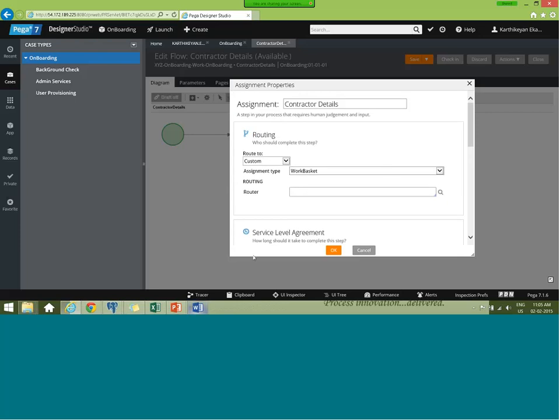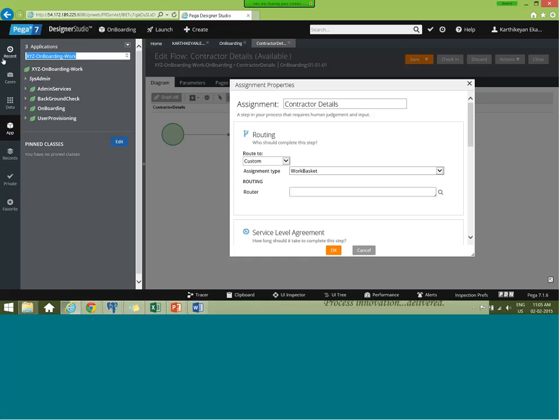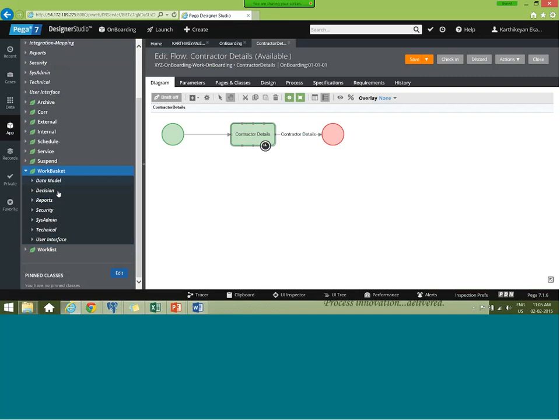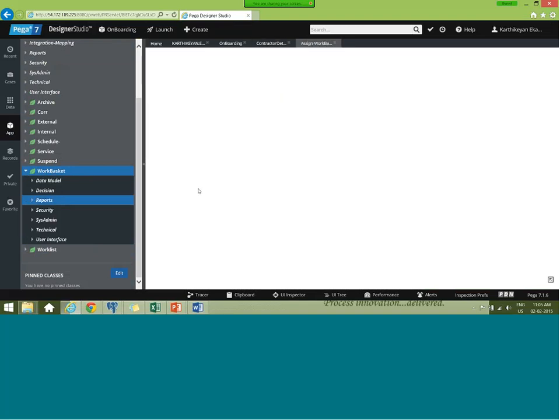Okay, sir. So what are the keys of your assignment? PX assigned to. That is where it's moved. That is correct.